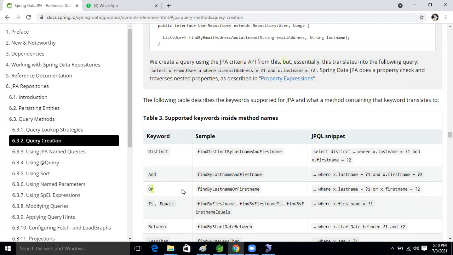Let's perform the operation now, guys. Our next one is find by order name. Or means, if whatever record is matching, those records we will get.